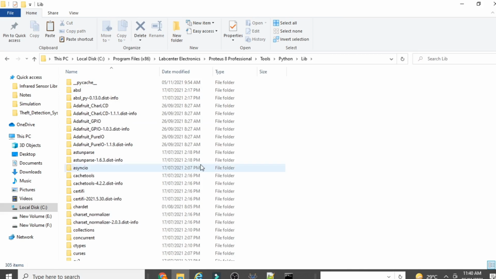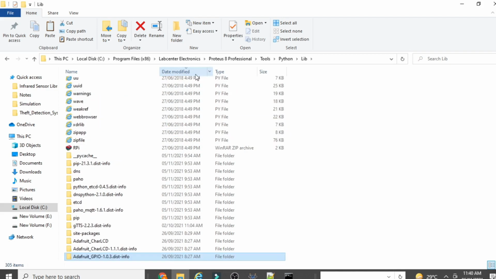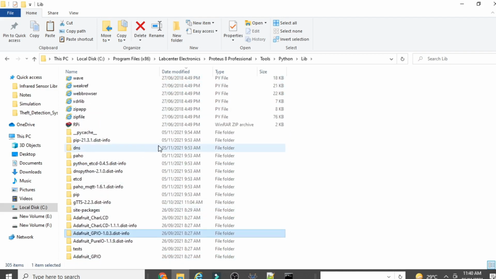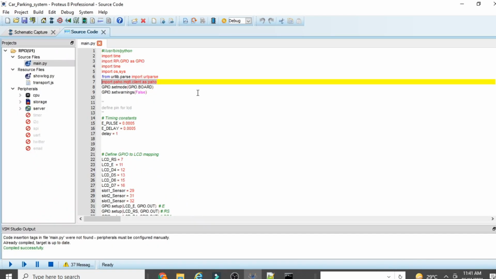Once you paste here, all the folders and files that you copied from your Lenovo AppData folder will be here. You can see date modified again: 5/11, all my data came here. Verify this one. In this way you can install the MQTT Paho library in your Proteus software.